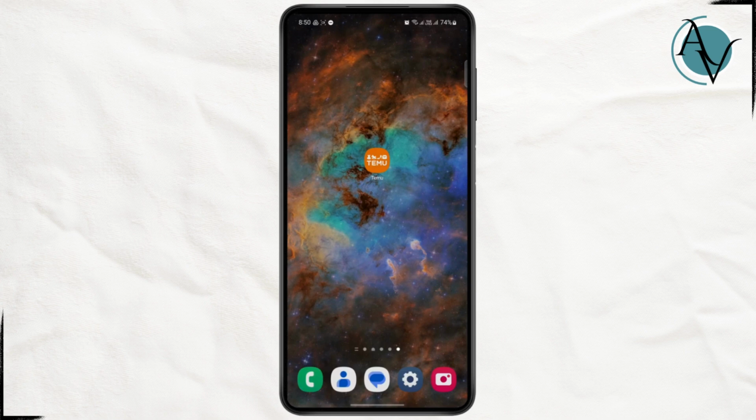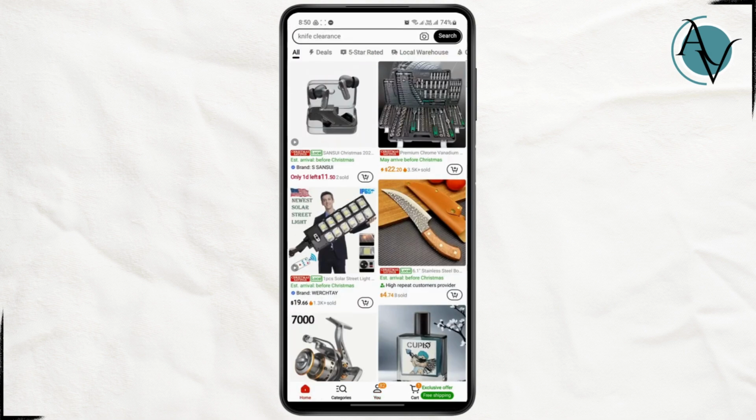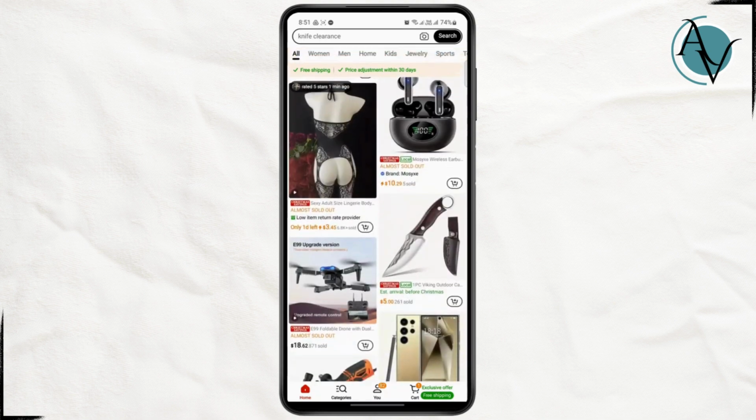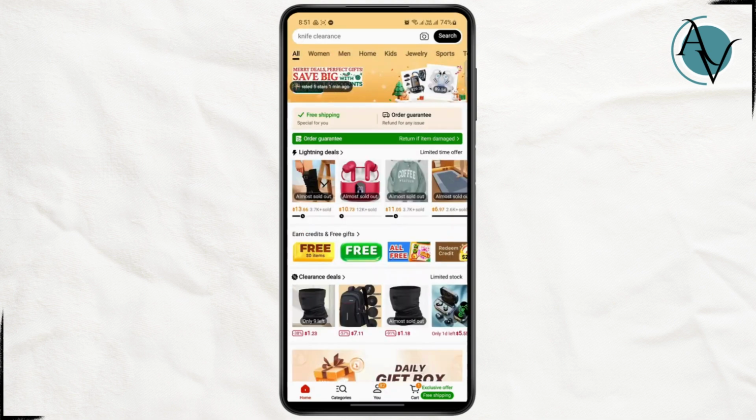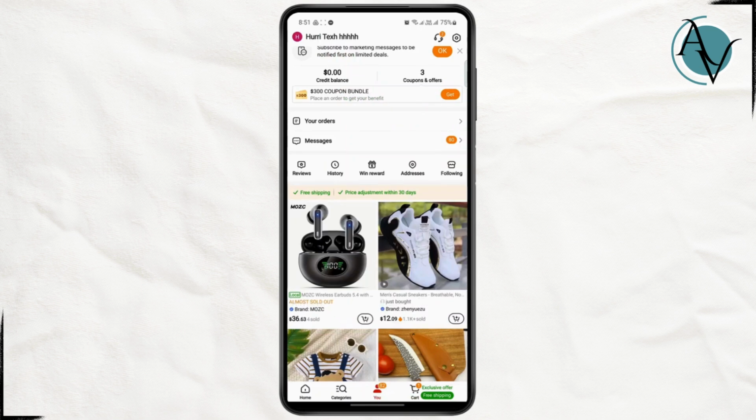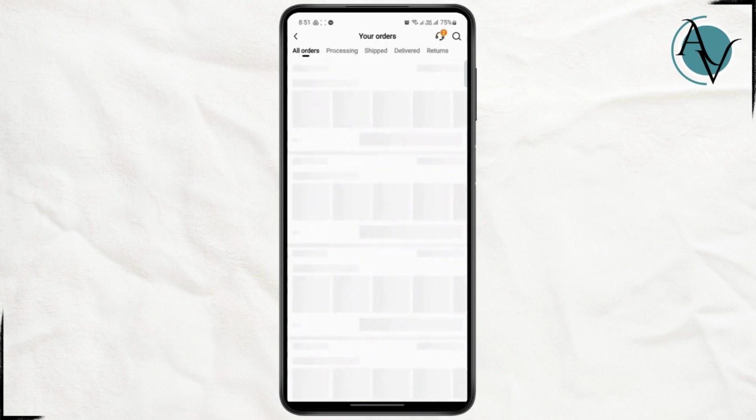Now let's begin. So the first thing you want to do is open up the TEMU application, and once you do that, you have to log into your account. Once you are logged in, you will land on your home page. Once you get to the home page, you will find different tabs at the bottom of your screen on the navigation bar, like your home, categories, you, and then cart. You want to head over to the you tab, and here you will see your orders option. So just tap on it